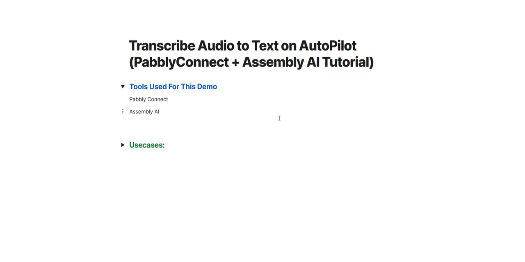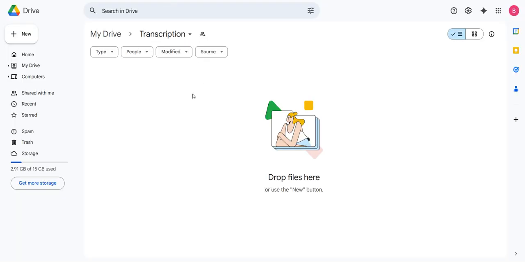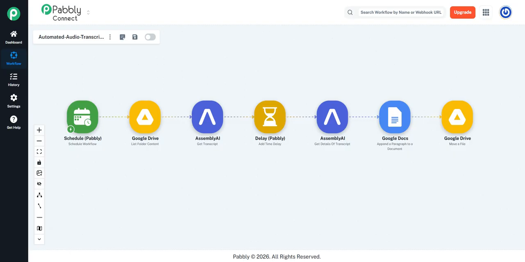As I said earlier, I'm not going to go in depth into where you can upload the transcribed audio or how you can upload the audio. I'm only going to talk about how you can upload an audio file to Google Drive in your folder. Maybe you have a different storage purpose, or you can easily do this automation in those platforms as well, as long as it's technically possible. So for this video, I have built an automation